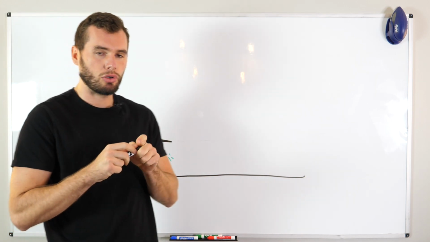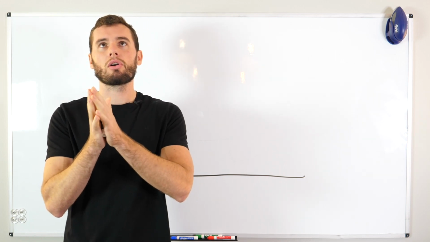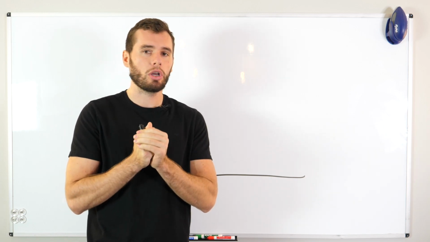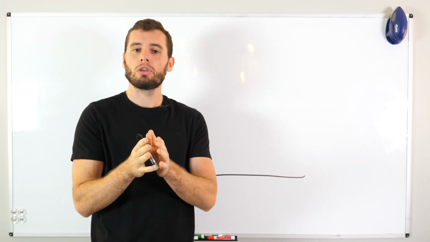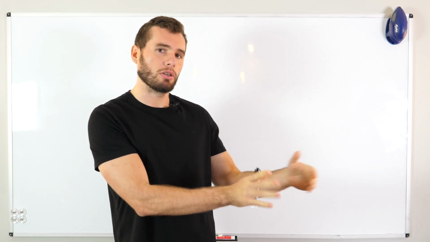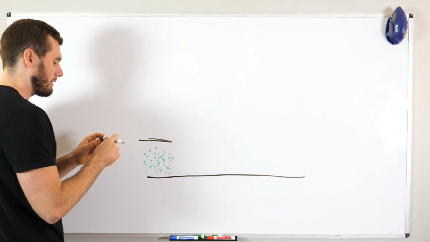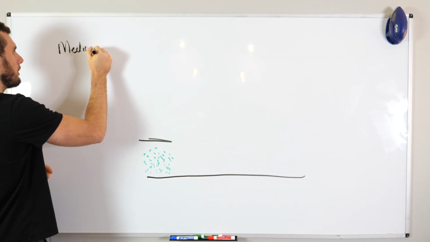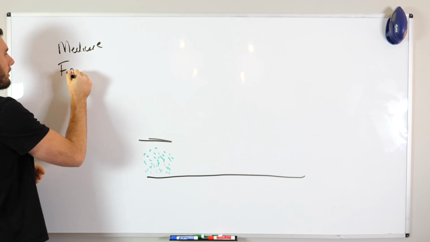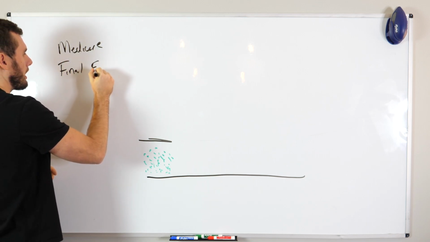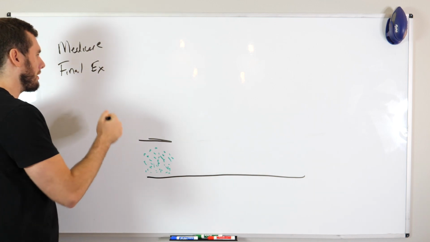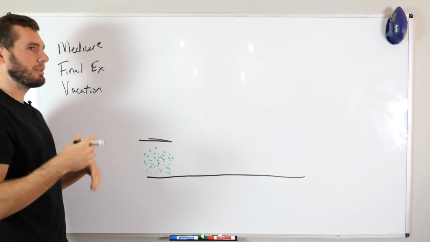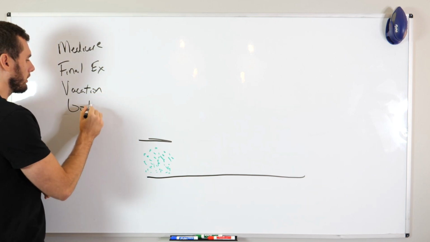Now, what I want you guys to start thinking about and start understanding is that when you're talking about advertisements, you're not talking about specifically what you're advertising. You need to think about who you're advertising to. What I mean by that is people will say, well, Jerry, I'm advertising for Medicare, or I'm advertising for something different, Final Expense, or I'm advertising for a vacation home, or I'm advertising for a golf getaway.